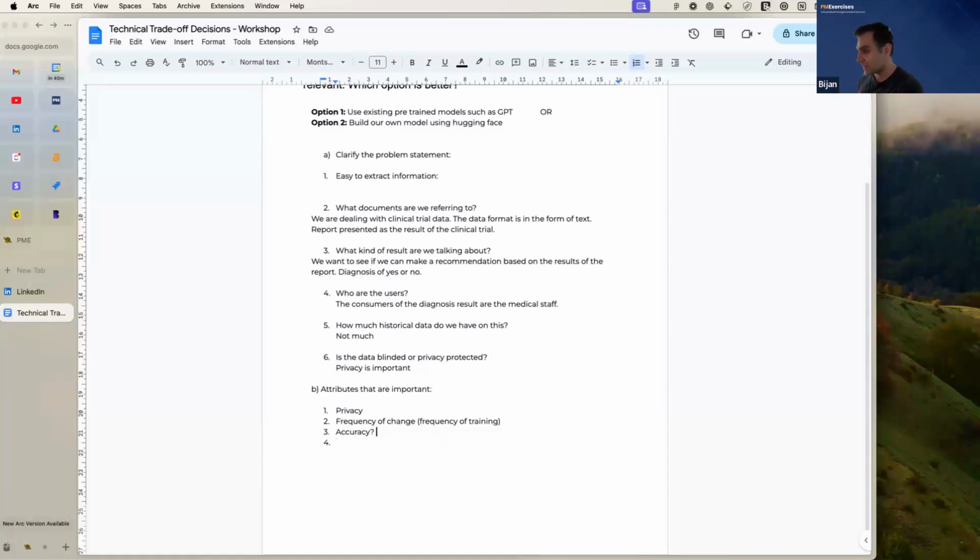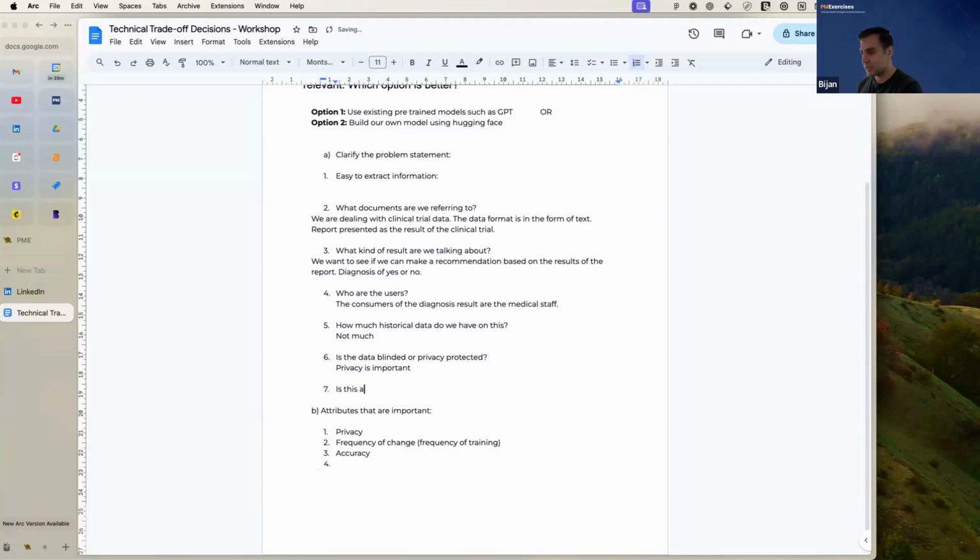Does accuracy matter, right? Are we dealing with diagnosis of a life-threatening situation? Or not dealing with a diagnosis of a life-threatening situation, right? Because that probably has an impact on our level of comfort with another metric, right? Recall versus precision, right? So really good question. I'm just going to go back and add that question and say,